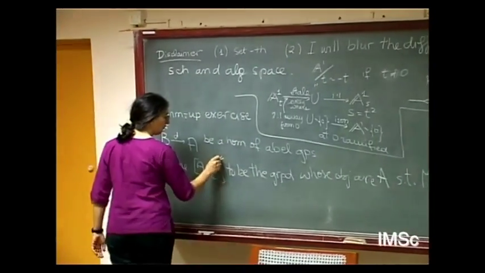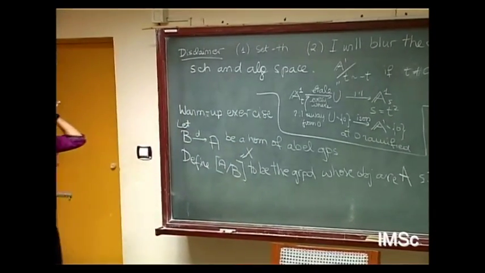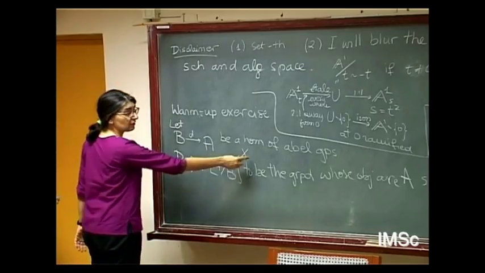Let me call it also X. Then this is a groupoid